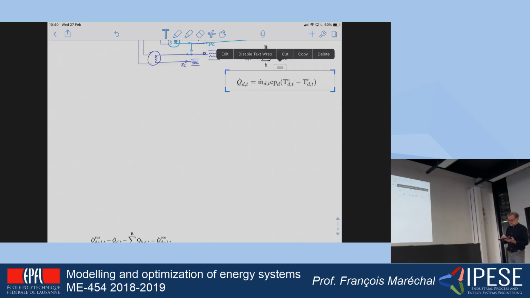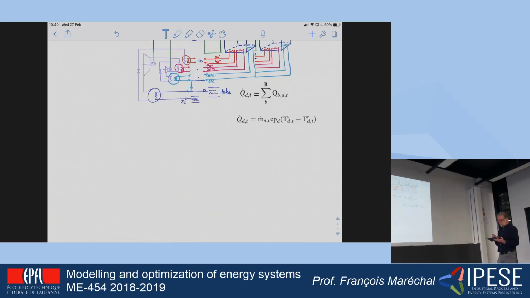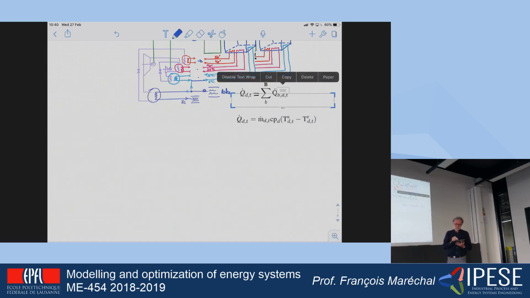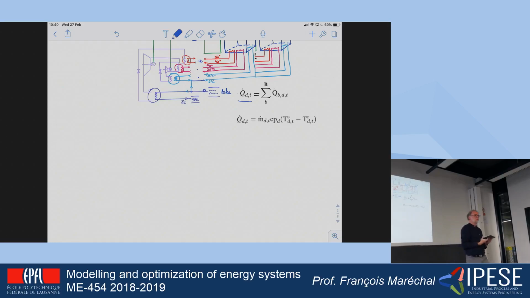So what I have done here is, on the top here I have the balance, so the amount of heat, this is the amount of heat that is needed in a distribution system at a given time, which is the sum. And if I know the amount of heat, then I can calculate the flow of water